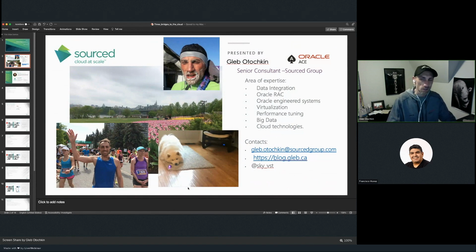I did a lot of performance tuning, worked with big data and some cloud technologies. Currently, I'm working primarily in the cloud and not strictly with Oracle database, but my main area of expertise right now is Anthos Config Connector and Kubernetes.